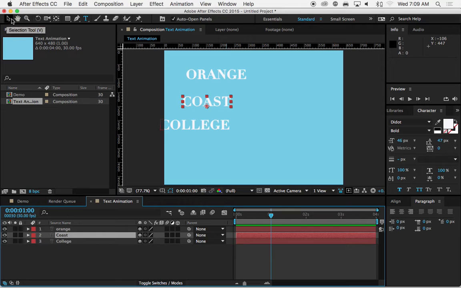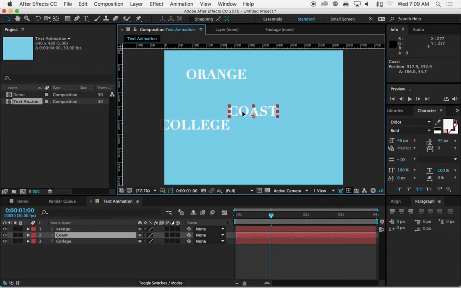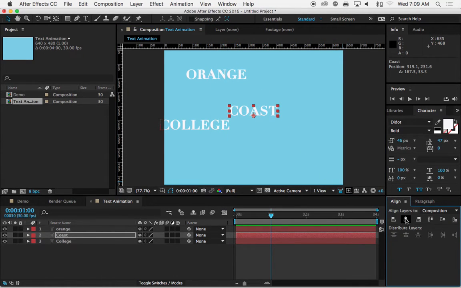Okay, use the move tool here, the selection tool, to select your text. And we can eyeball it, but I'm going to use the align window to line this word up in the very dead center of my composition. So look under the window menu, choose align, and then I'm going to click on the second and the fifth button here to adjust the horizontal center alignment and the vertical center alignment. So when I click on horizontal center alignment, it just barely scoots it over. I was pretty close, pretty good guess. And then the vertical center alignment, like so. So now I know coast is dead center,